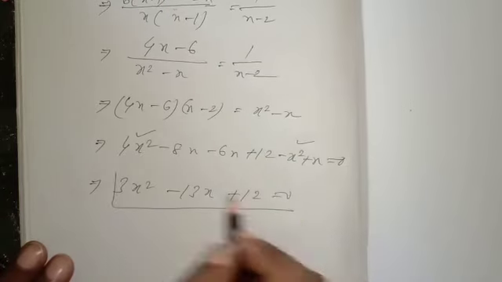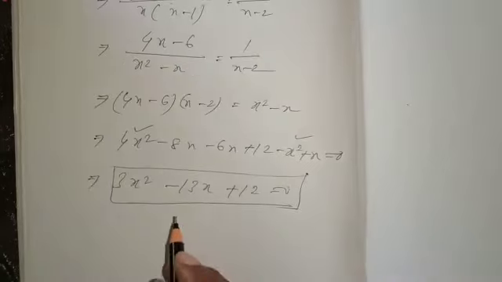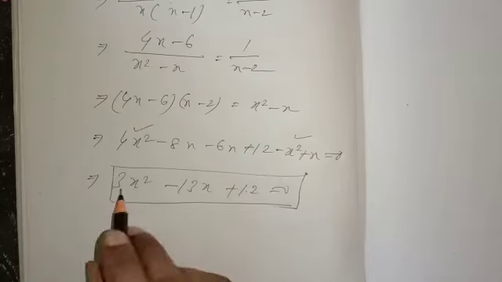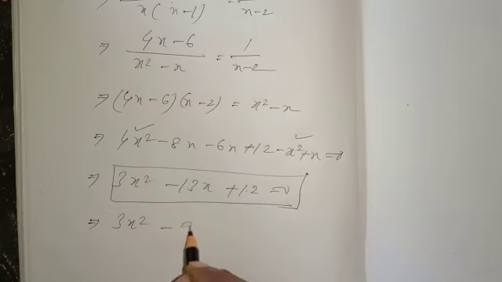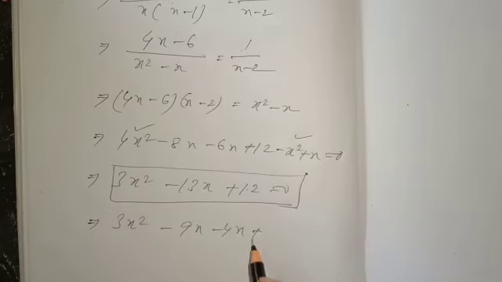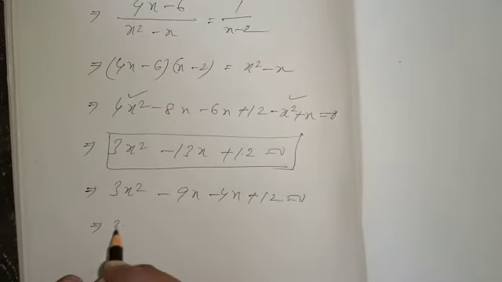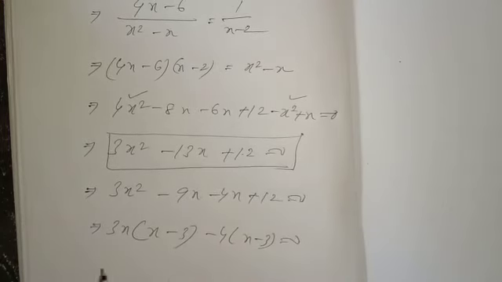Now you are getting a quadratic equation. This is the standard form. After converting into standard form, you have to break the middle term by applying the factorization method. 12 times 3 is 36, that means 9 and 4. 3x square minus 9x minus 4x plus 12 is equal to 0. After that, you have to take 3x common, x left minus 3. From the last two, minus 4 taken common, x minus 3 equal to 0. After that, (x minus 3)(3x minus 4) equal to 0.